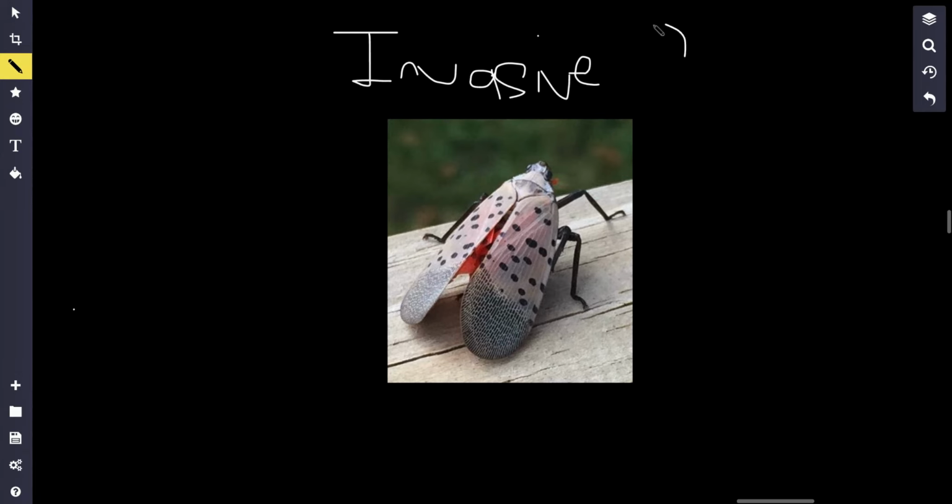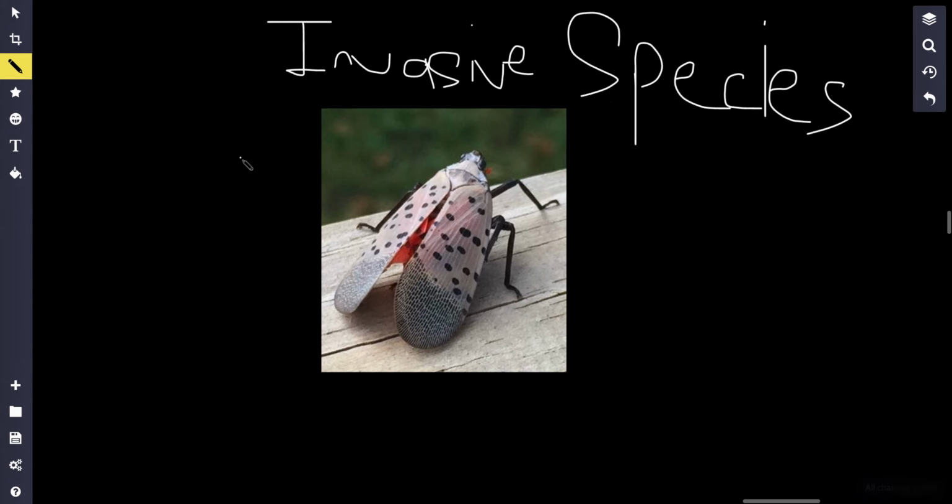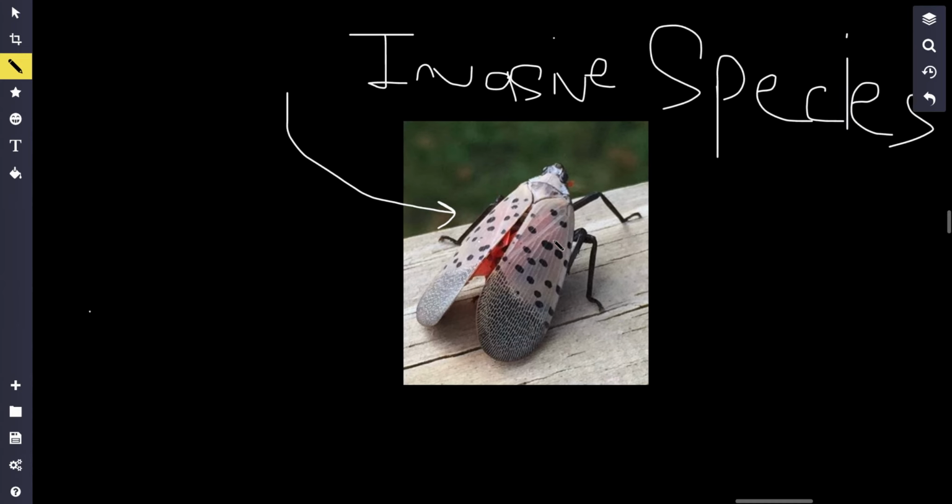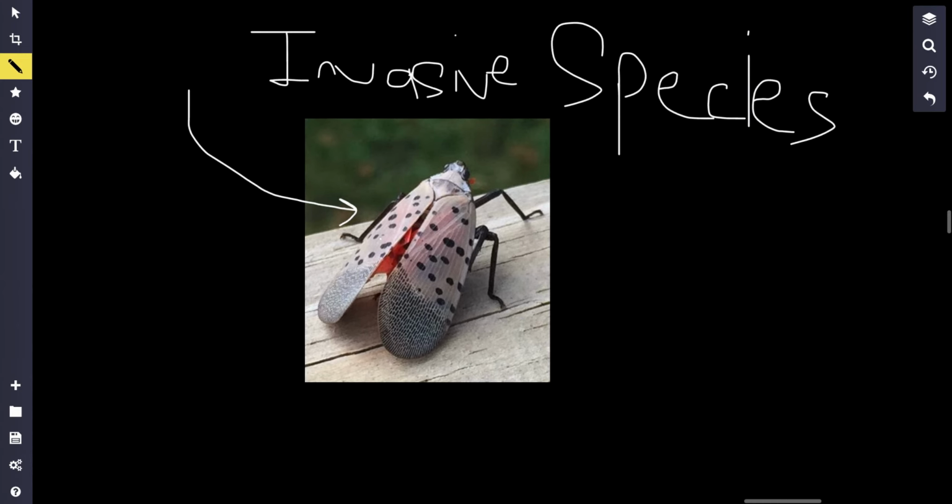All right, now we're going to the topic of invasive species. Now, invasive species, well, if you live in NYC, you probably have spotted one of these before. These are something known as spotted lanternflies. I forgot when I first saw these things, but I remember that a couple of years ago there were a lot of these spotted lanternflies. I had no idea what it was called, but I kind of knew that they were an invasive species because all of a sudden I just saw these spotted lanternflies everywhere. So every chance I get, I just crush these little bugs.